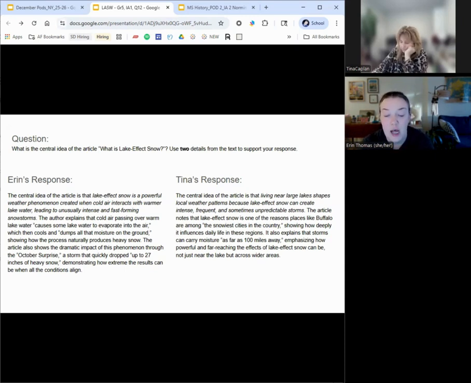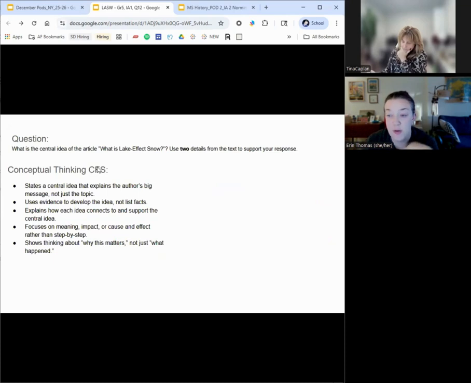Let's now lock it down to a few CFS. And when we're thinking about this, we're thinking like, what is a strong criteria for success for this response? Looking at our shared document, we've been working a lot with some shared understanding of what conceptual thinking CFS is here, and that's transferable. But let's narrow it down to what it looks like in this particular response. So let's get clear on that. What is the CFS for this answer?